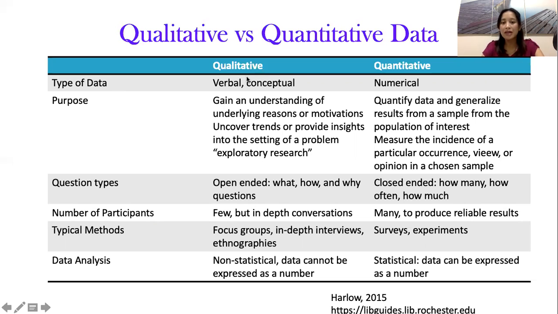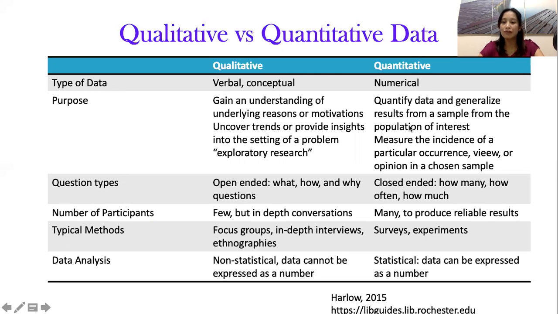Usually, these underlying reasons or motivations cannot be captured by quantitative data collection. Qualitative research can uncover trends or provide insights into the setting of a problem, and usually it's termed exploratory research. It helps you generate hypotheses regarding a certain population. On the other hand, for quantitative research, you're able to quantify data and generalize results from a sample from